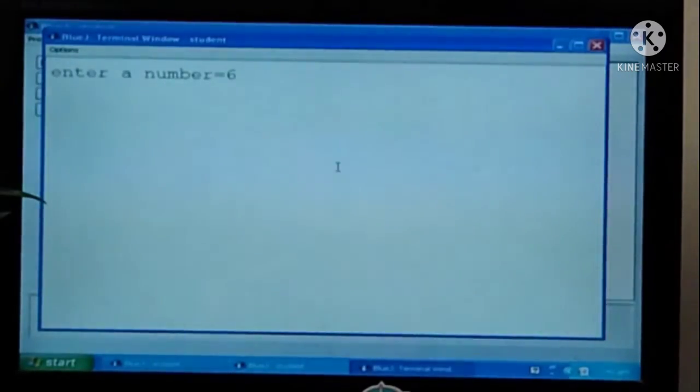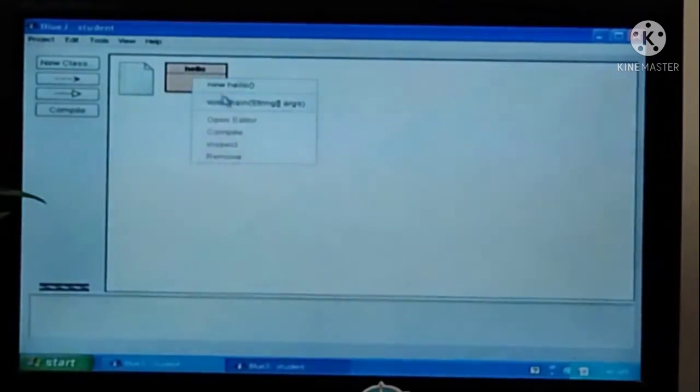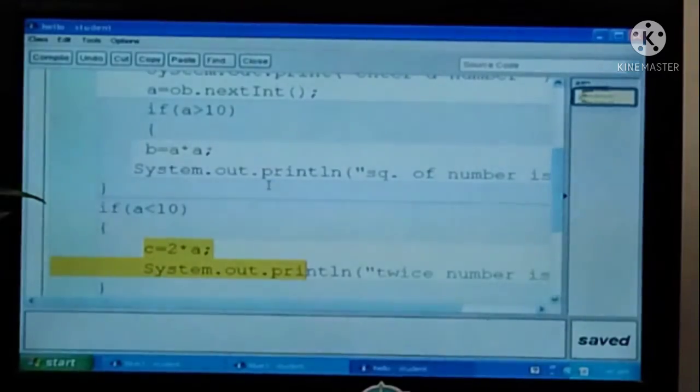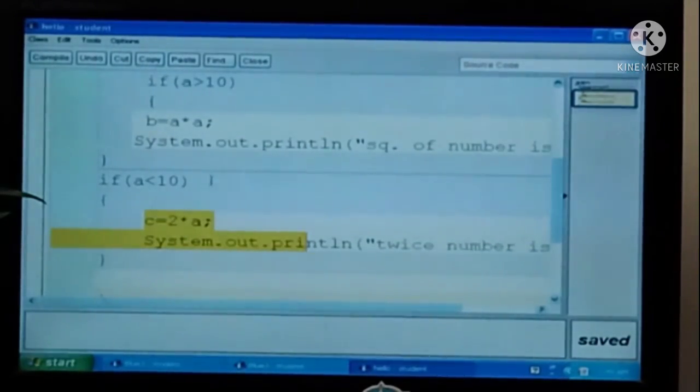Then again, if the number is less than 10, suppose 6, the twice number is 12. So two ifs I have used, one is greater than 10 and this is less than 10. Clear?